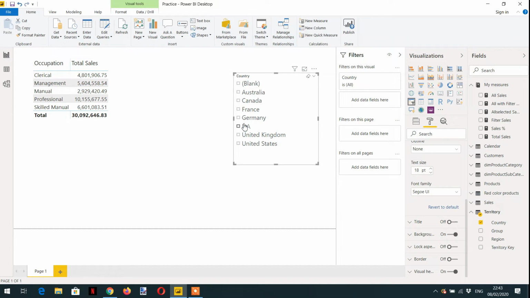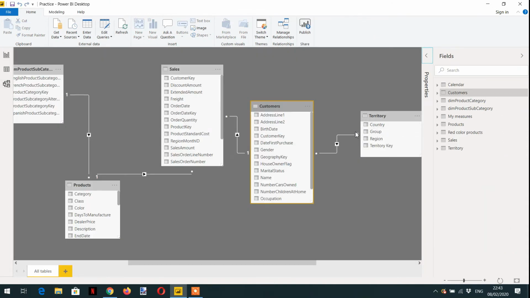And here you can see, if I click Australia, the total sales is changing depending on the country. See, so with the help of this example, we know how the filter context propagates from one side to